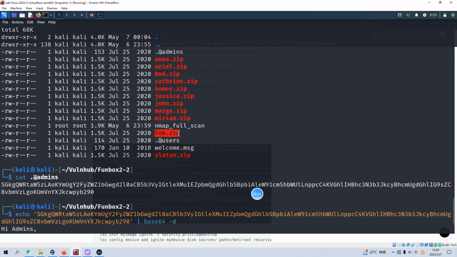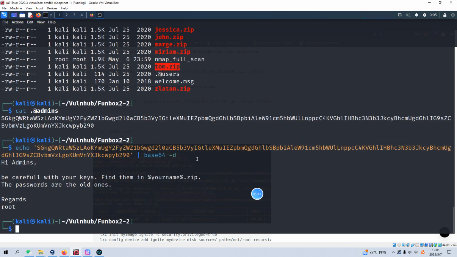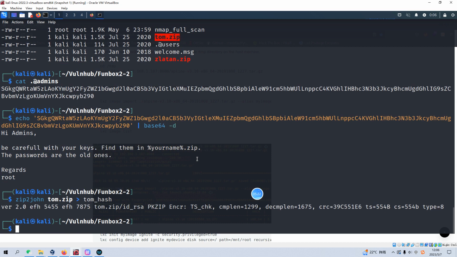This one we can crack, but other files, we cannot succeed in cracking the passwords. So I use zip2john on Tom. Now we have already converted the zip file to the hash value, and then this value can